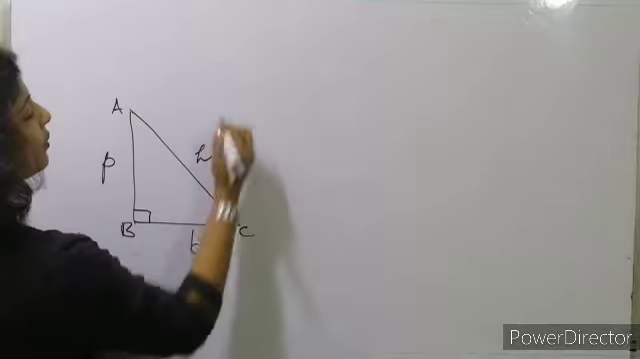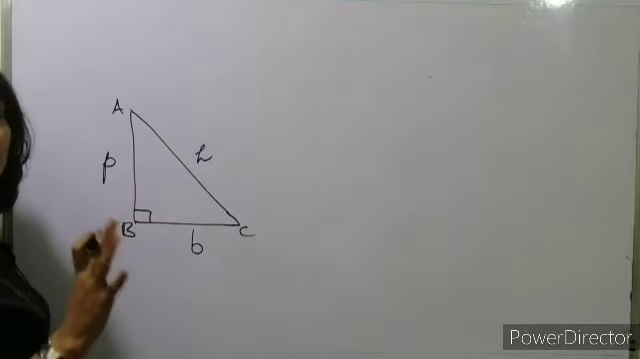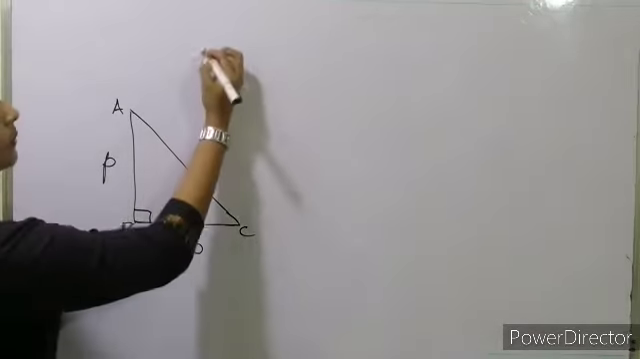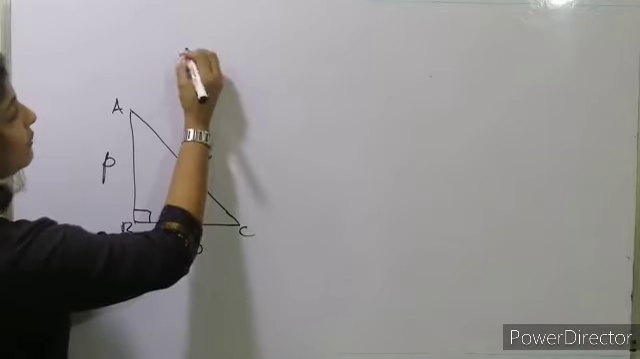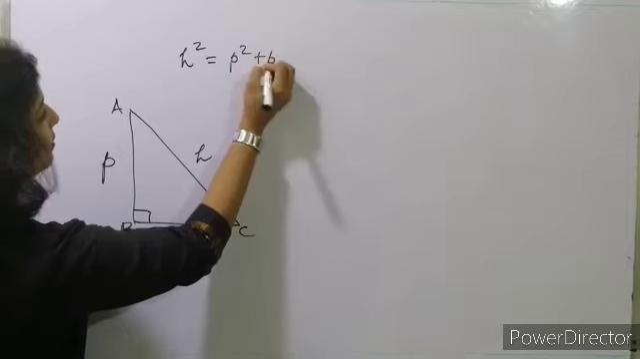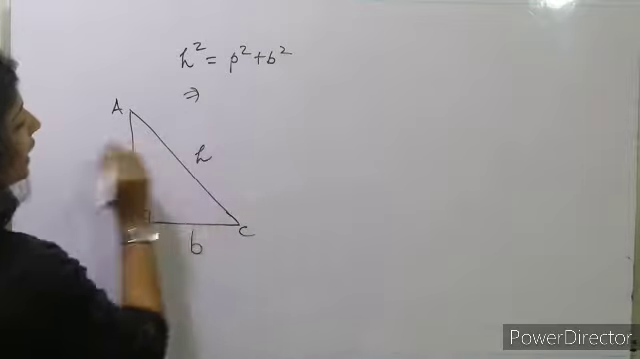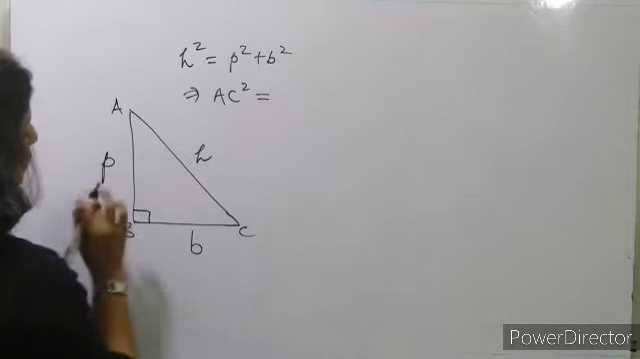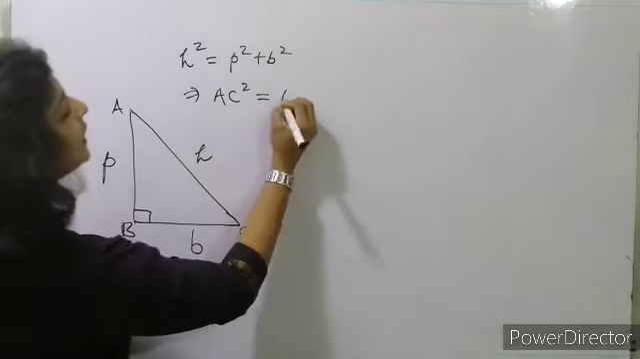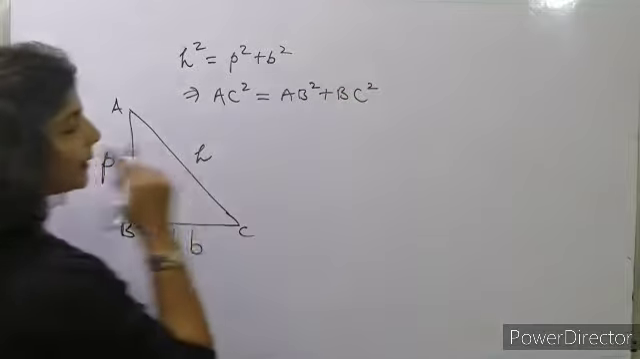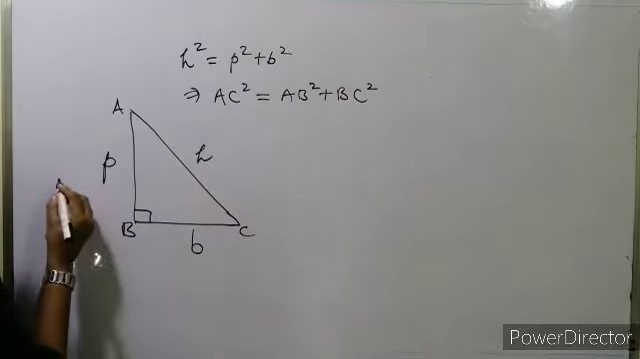And there will be one formula if we have to find out the sides. If B and P are given, we can find out H. The formula is H square equals P square plus B square. It means AC square will be equal to AB square plus BC square. It means if this side